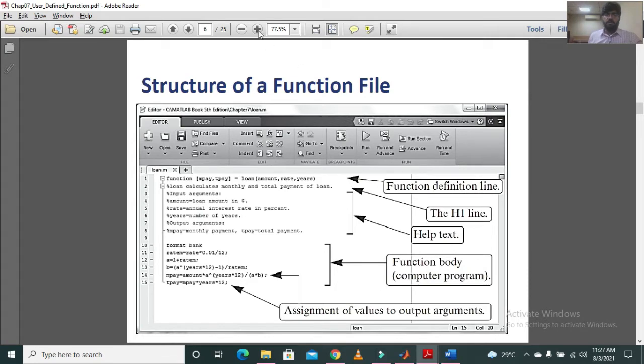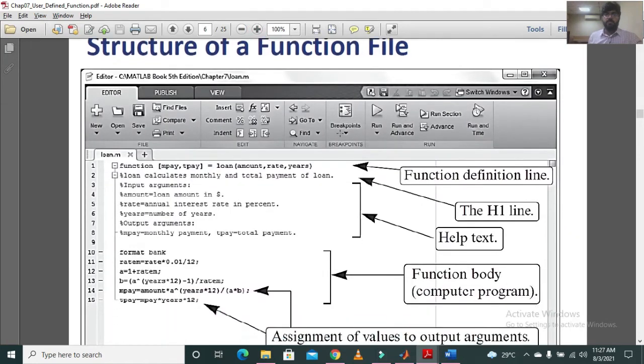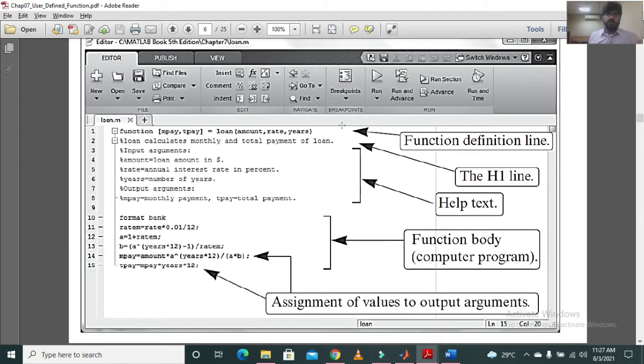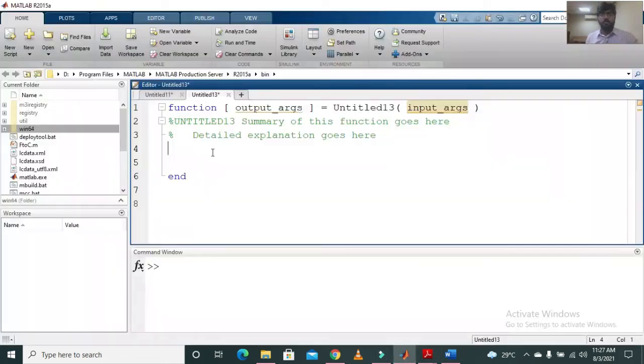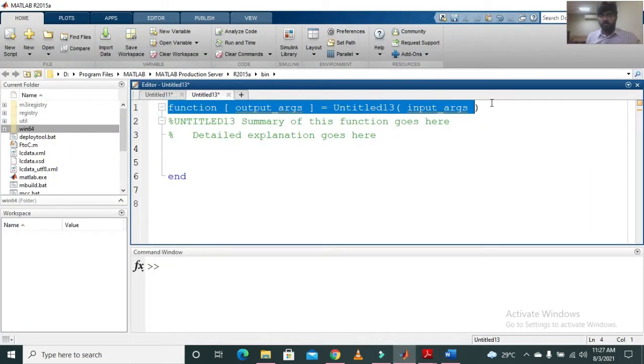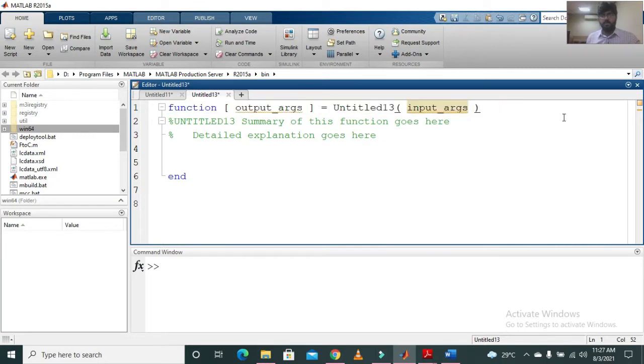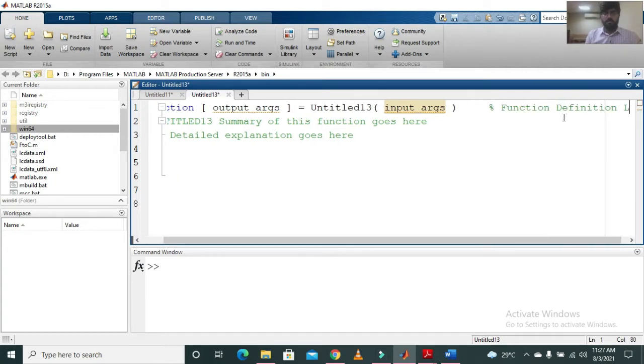So, moving towards the structure of a function file, here you can see this is a function file. The first line is basically called the function definition line.